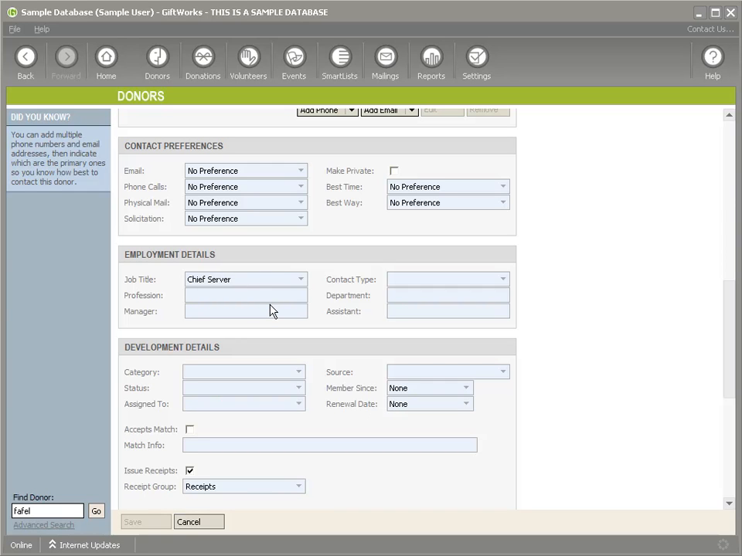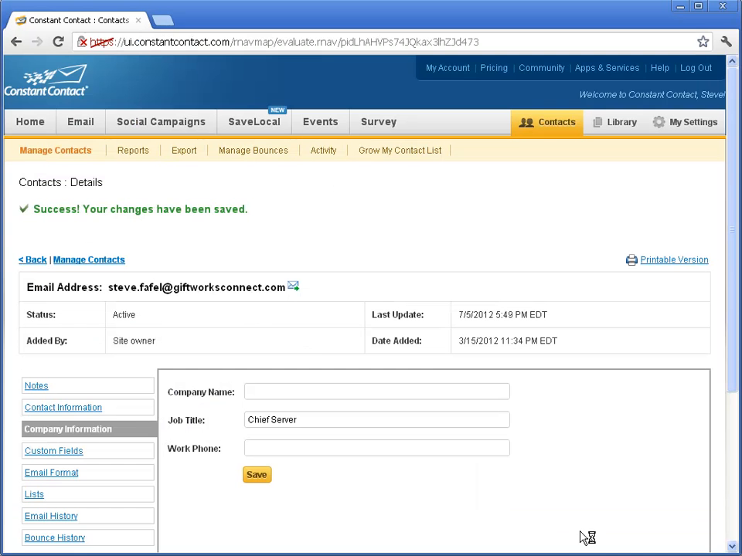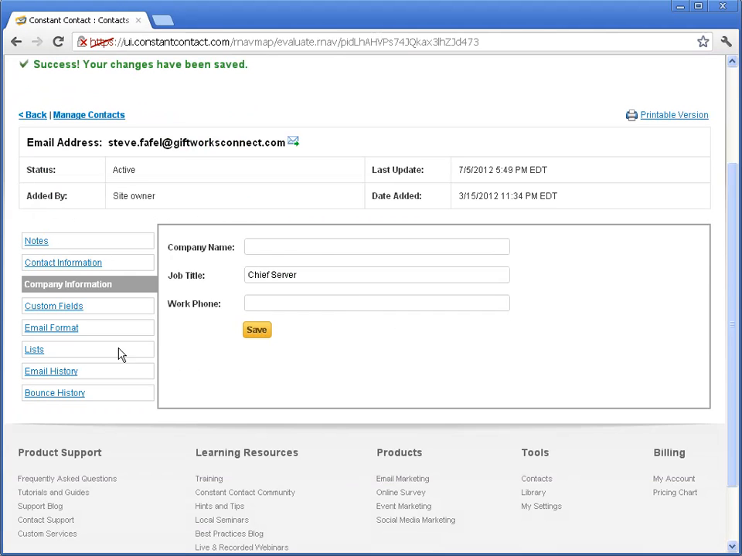So we can see how information either on the GiftWorks side or on the Constant Contact side gets changed. It gets updated in both places, and that's really what we want to see with the integration. A couple notes about the Constant Contact side. For those of you who have been using Constant Contact and are aware, you know that you could either come and change information here in Constant Contact, and that will get updated, or your email recipients themselves can update their